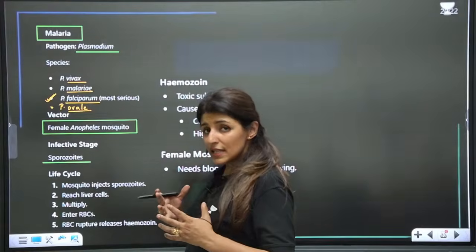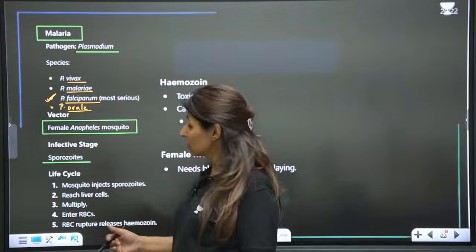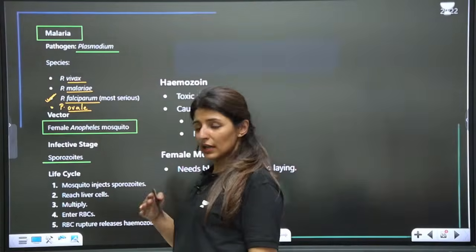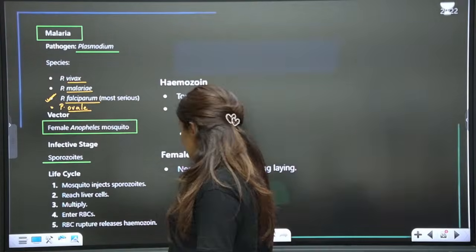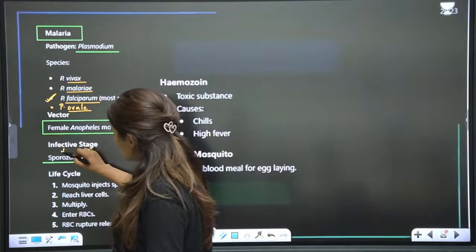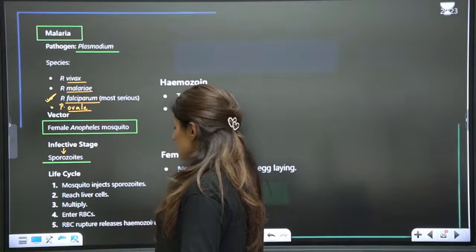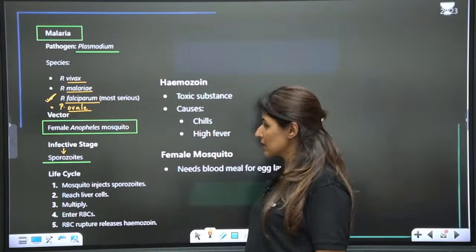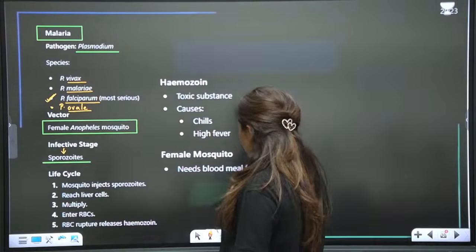So which is the stage in which Plasmodium enters the human body? It enters in the form of sporozoites. Hence, this is the infective stage. Is that clear? So the life cycle I'll be discussing, and then it is during